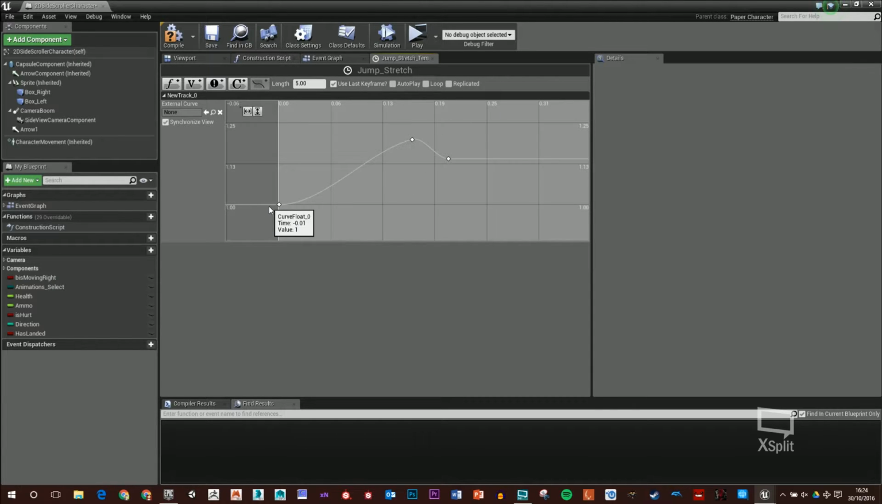So when we jump, the character is going to stretch, then he's actually going to come back from that stretch a bit, but he's not going to hit the normal 1 value. He's going to stay above that. If we go back to our event graph,